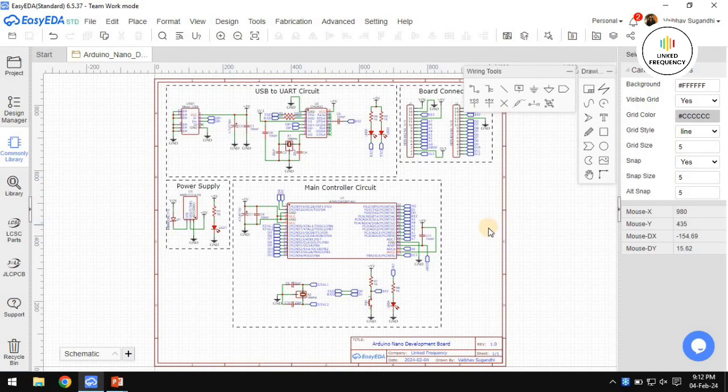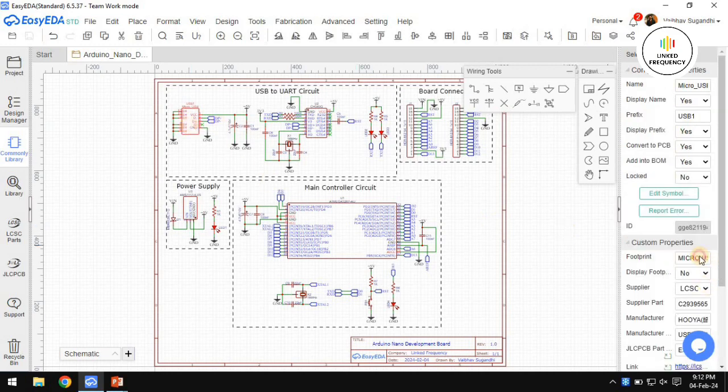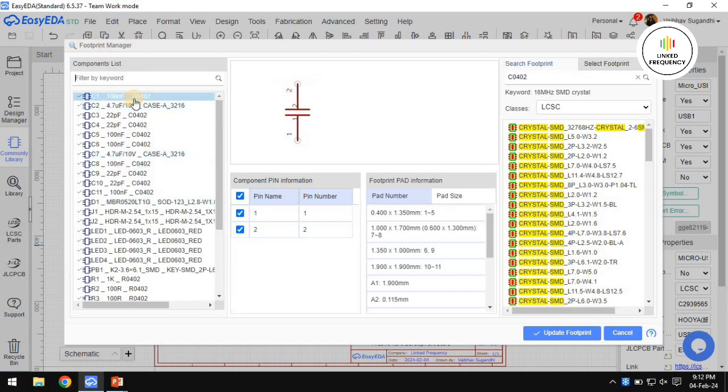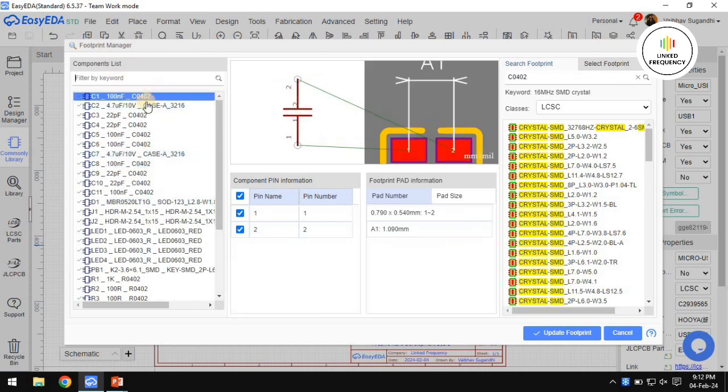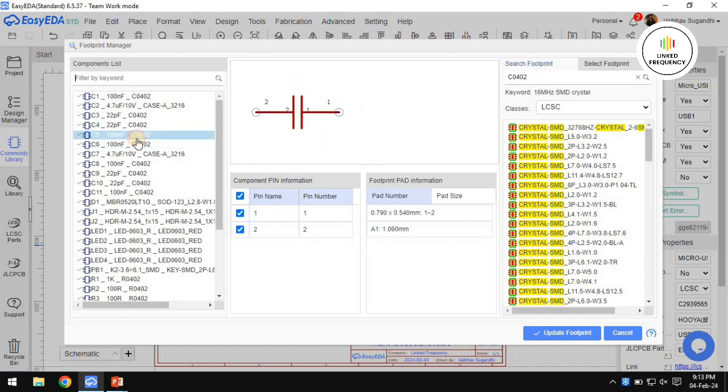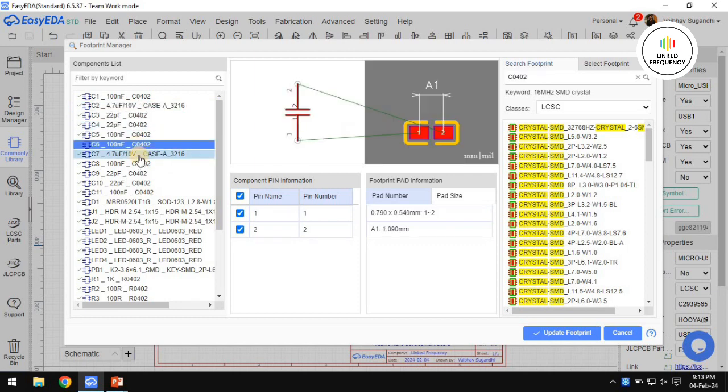First thing what we need to do is verify the footprint. I'll go to the USB and open the footprint manager. First, I'll go to the capacitor. The first thing in this entire list is a capacitor, which is 0402, which is the correct one, and a 4.7 electrolytic capacitor, tantalum electrolytic actually, so that one is SMD, good. And 22 picofarad, 100 nanofarad, all these things are SMD,